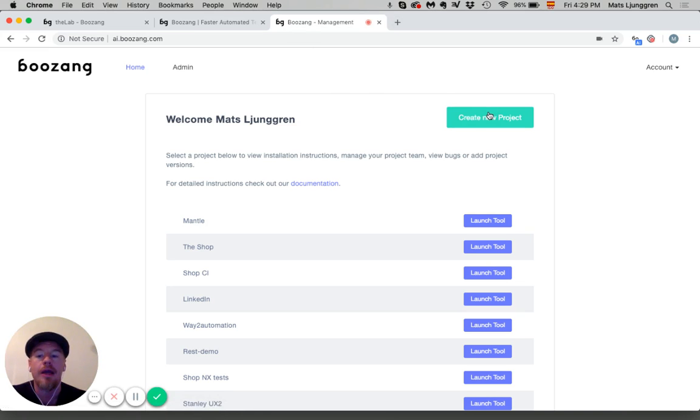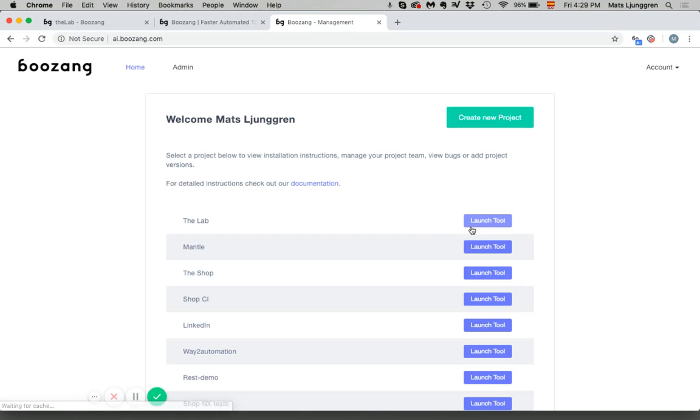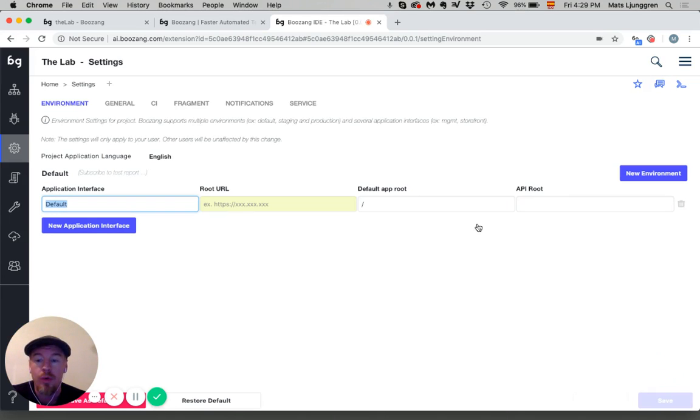So we're going to go ahead. Of course, I have a lot of projects here, but we're going to create a project called the lab. We're going to submit this, and then we're just going to simply hit the launch button, right? What's going to happen now, if you're launching this in Chrome, which I recommend, is that it's going to suggest for you to install the Busang AI